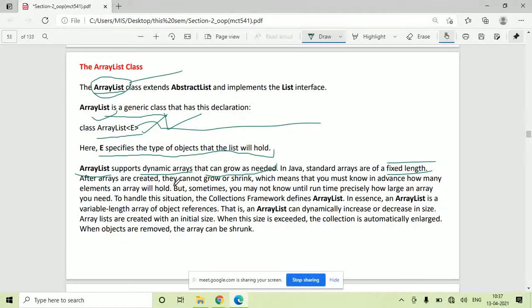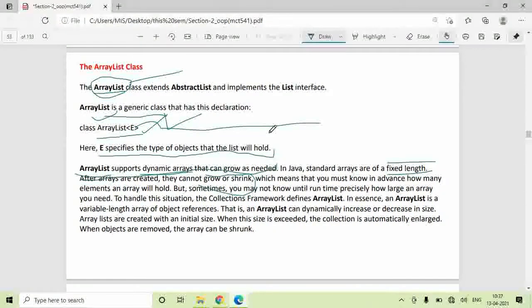And after arrays are created, they normally cannot grow or shrink. It means in advance you have to specify the size of an array, or how many elements the array can hold. But many times, before actually running your program, it would be very difficult to precisely define how large you should make the array.